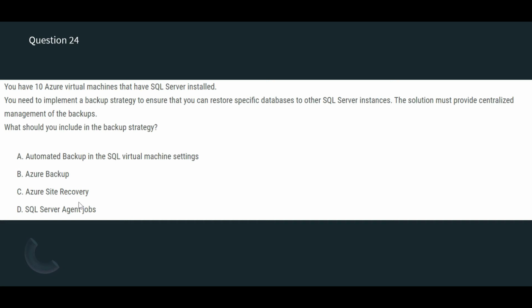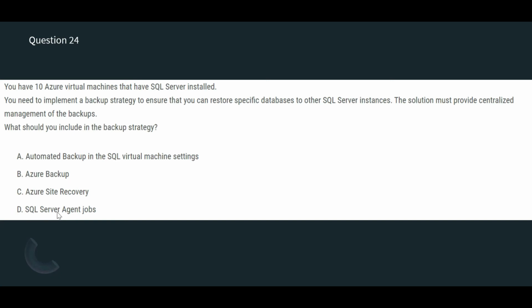See, for a disaster recovery, there is a separate environment where if one side goes down, the other side should automatically come up. So it depends upon the RPO and RTO you have set. That is recovery time objective. Here we are talking purely about backup, so that's why C and D are not right, because D is just a job. Even if you don't know the answer, just guess it.